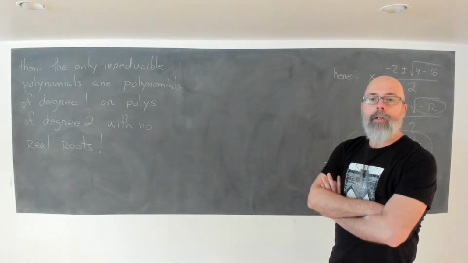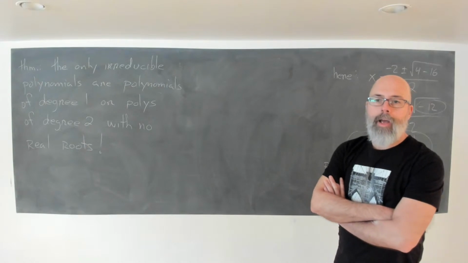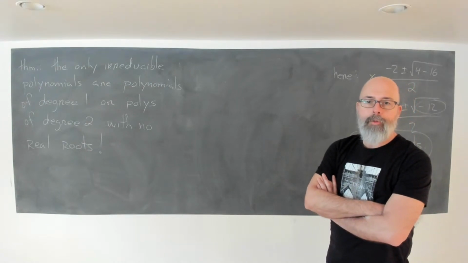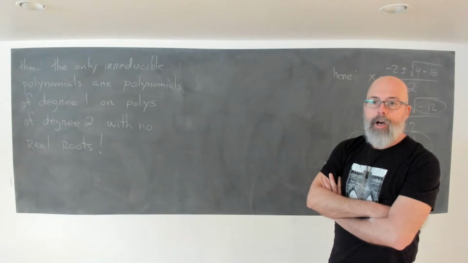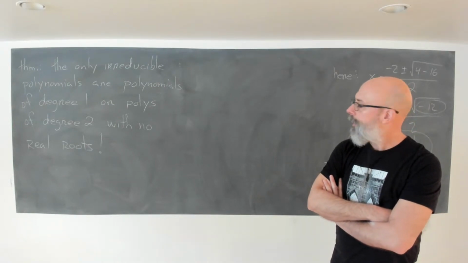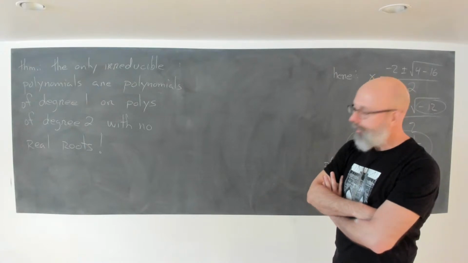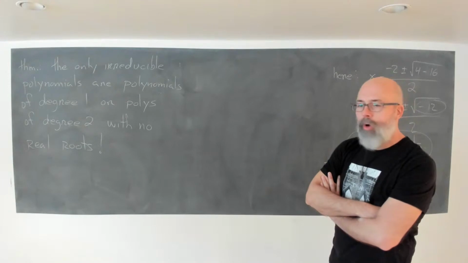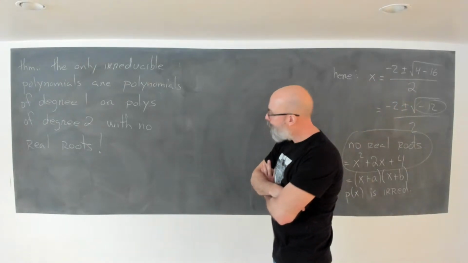Indeed, as Michael suggests, you might have an even degree polynomial with no real roots, but if the degree is higher than 2, it has to be reducible. How do we know that? It's a valid question. How do we know that? And to prove this,